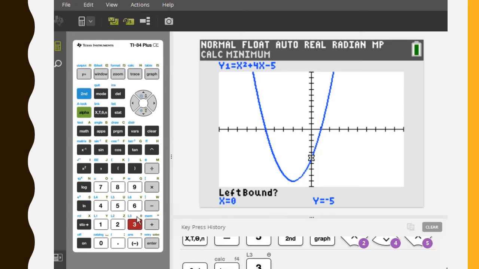If you look at the graph, the calculator is going to ask you to identify the left side of what you think the minimum point is. And in this case, I am moving the pointer to what I think is the vertex. And in this case, it's this side. It could be anywhere on the side. I'd rather be close, not very close, but close to the vertex